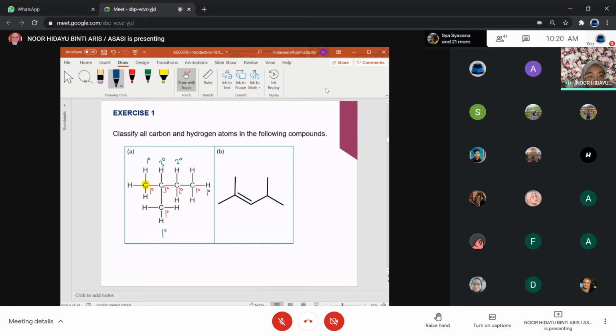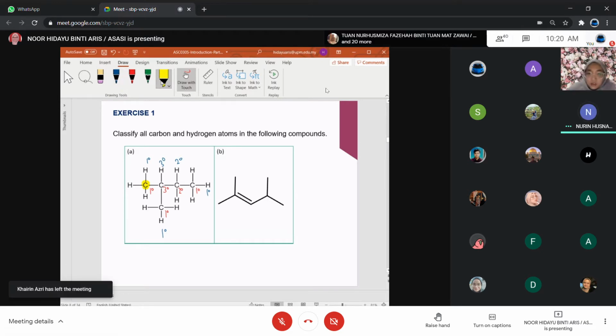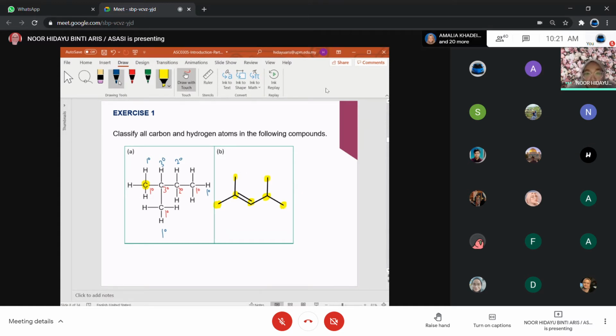Husna, Nurin Husna. Yes, saya. Okay, so classify all the carbon first. Okay, kalau structure bagi macam ni dalam bentuk skeletal, kalau tak boleh nak nampak, boleh expandkan dia punya structure. Okay, classify this carbon. Primary. This one,